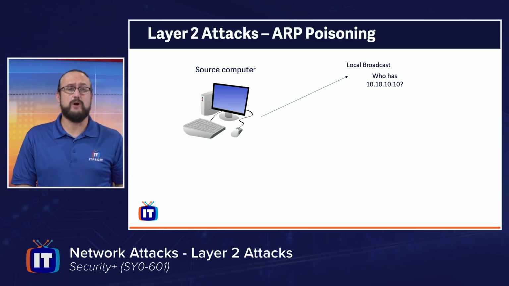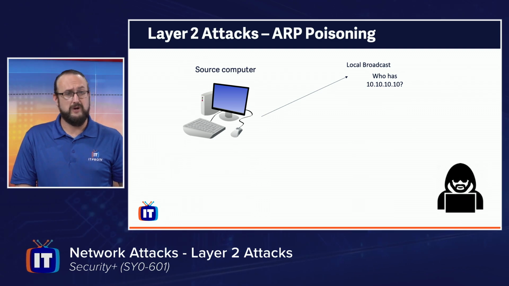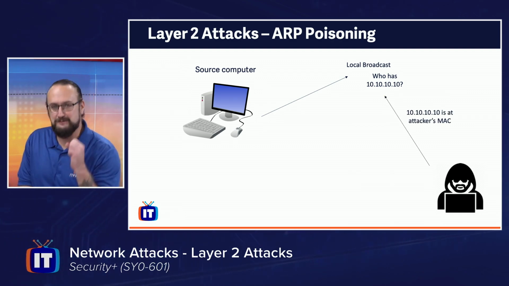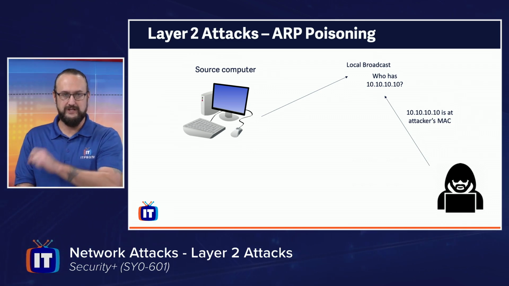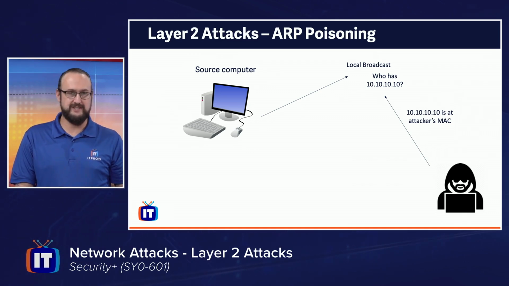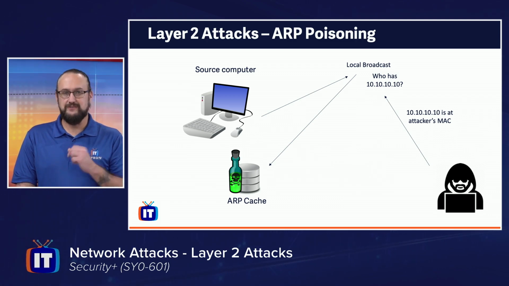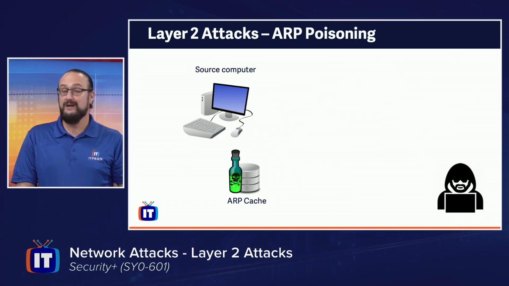It's going to say to the local broadcast, hey, who's got that address we just talked about? But here we go with our well-groomed, hoodie-wearing threat actor, who says, if I can respond back to you before the legitimate computer ever says anything, that's going to get stored in the ARP cache. And wait for it, you've guessed it, now it's poisoned. So the next time the source computer needs to send traffic to that MAC address based on that IP address,